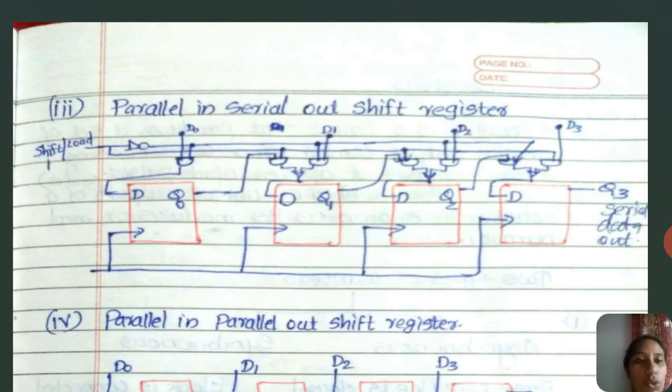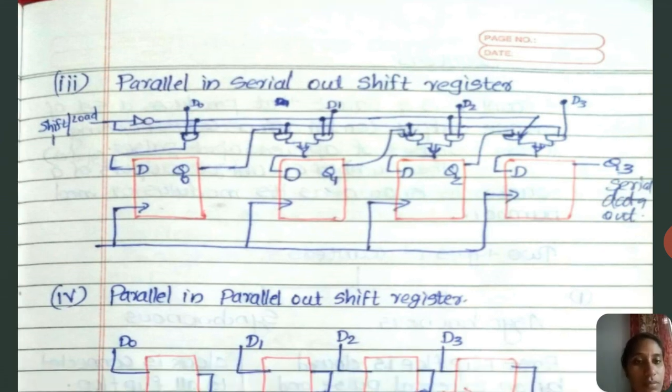Then moving on to Q1, the result is again moved serially to the next flip-flop, and the flip-flop should get the value of D2 parallelly as well. The same thing happened to D2 and D3 as well. Considering Q3, there is no succeeding flip-flop, so you can get the result Q3 as serial data output. Okay, here you have implemented the serial way of data shifting and the parallel way of data inputting. This is what happened in parallel in and serial out shift register.